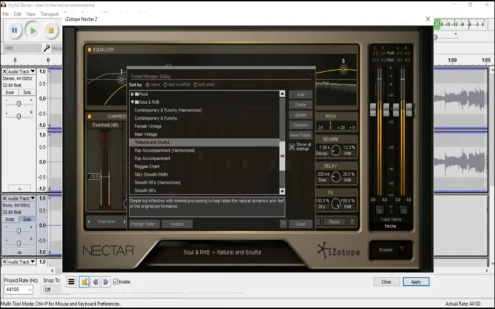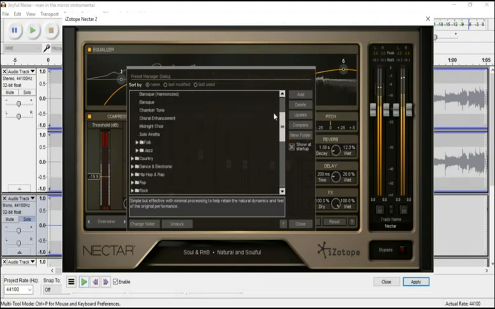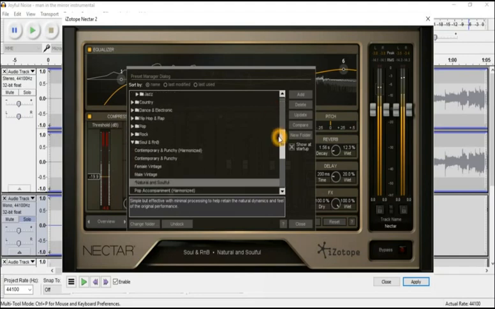So that's a preset. It's gonna feel real good. Basically brings out the naturalness, and there are quite a number of them which I normally prefer. And this is the R&B